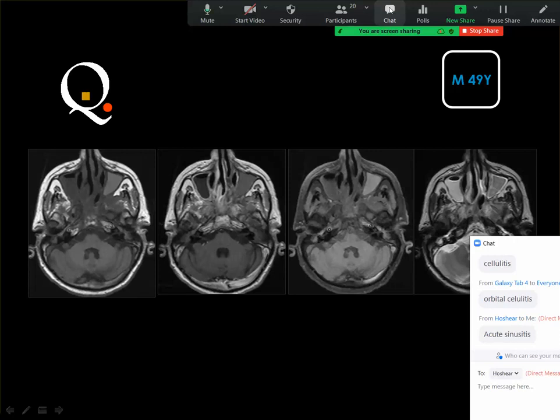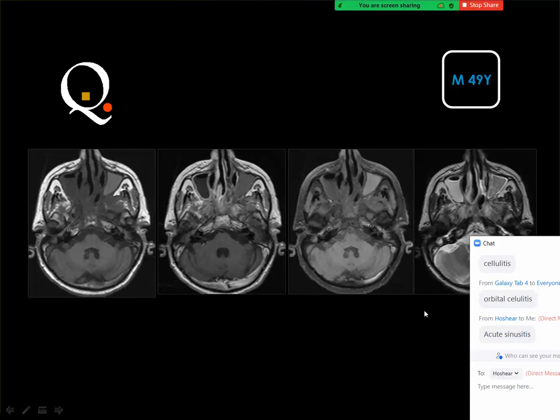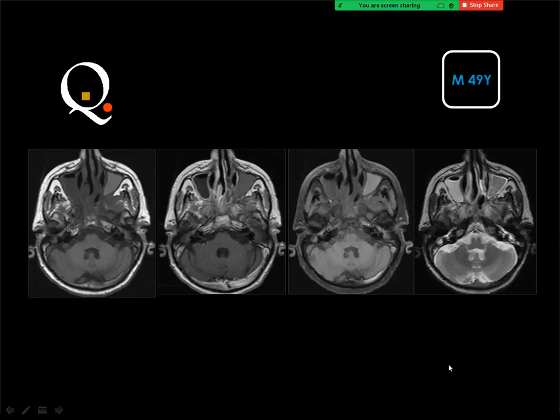Acute sinusitis. For the diagnosis of acute sinusitis, you should have an air fluid level. Maybe you imagine this is an air fluid level, it's okay. And then this is fungus. The fungal sinusitis is right because the lesion is bright signal in the T1 and dark signal in the T2